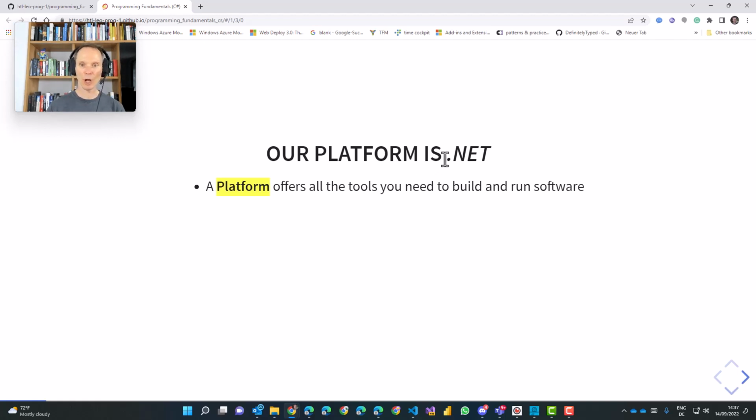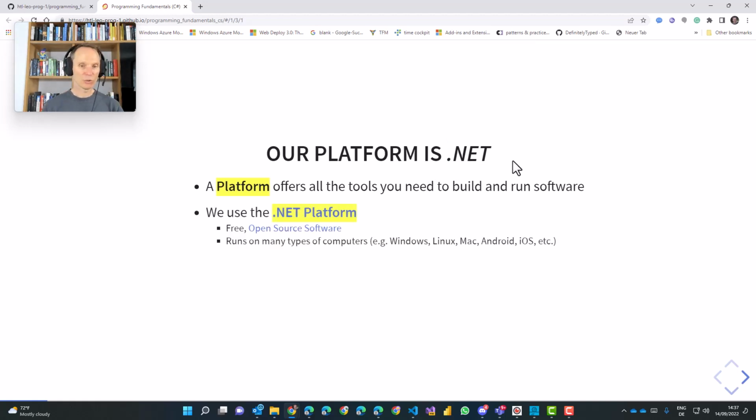Dot like the dot here, and net is just the name of the platform. The .NET platform is an open source software. That means that it is mainly maintained and developed by a company called Microsoft, which you probably know from Windows, maybe from Xbox, maybe from Minecraft, maybe from GitHub. This is a very, very large software company. They are primarily investing in C#, but they make all their developments free to use and freely available, and they also allow contributions from other developers.